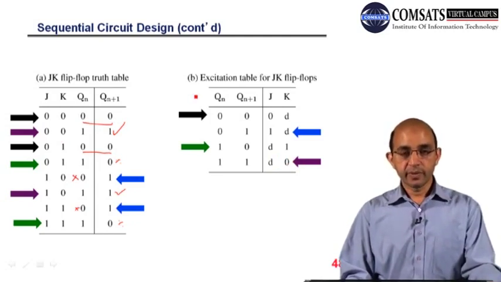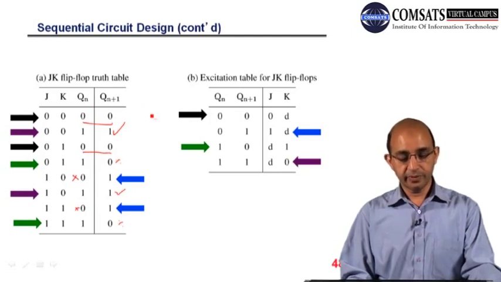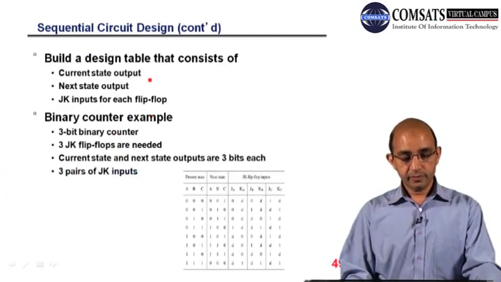So this is the excitation table, and you can see we have deduced the excitation table from the JK flip-flop truth table. You can do this for all other flip-flops, that includes the D flip-flop and T flip-flop. And then what we can do